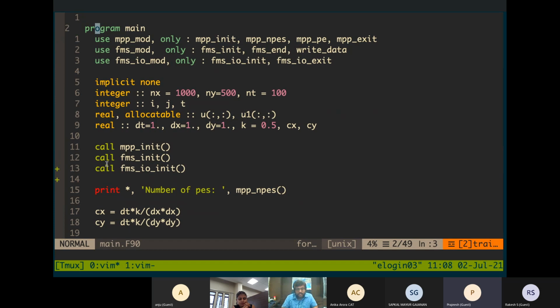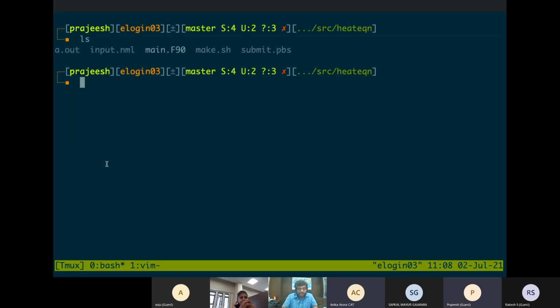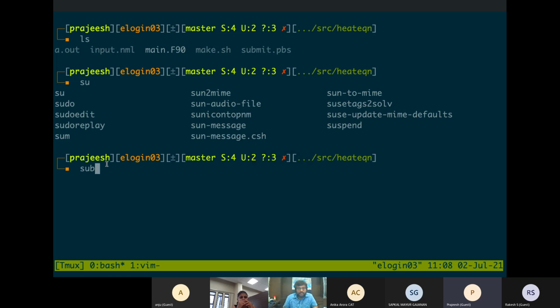Still, Pratyush won't allow you to run this just because you are calling MPI init. Anyway, we'll be parallelizing it, so we anyway need a batch submit. So it's better to use a batch submit anyway.